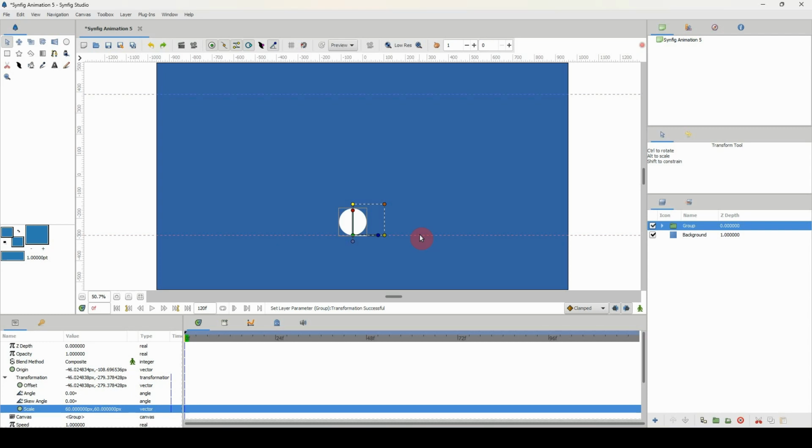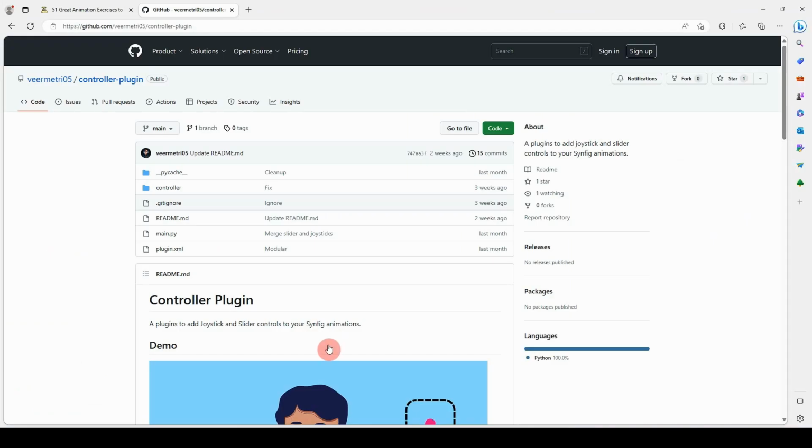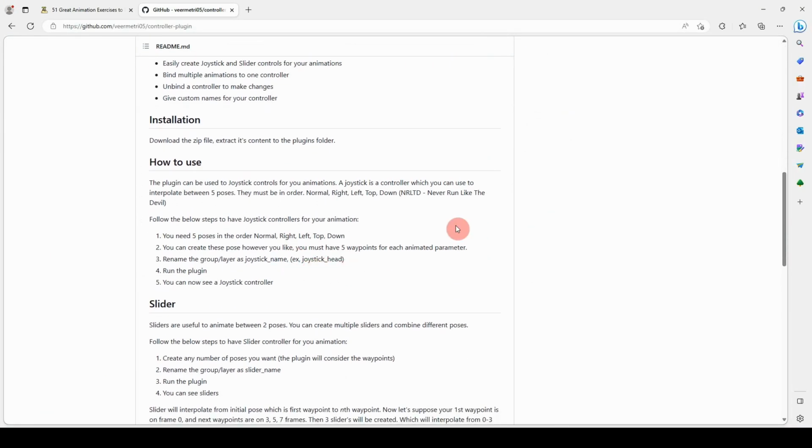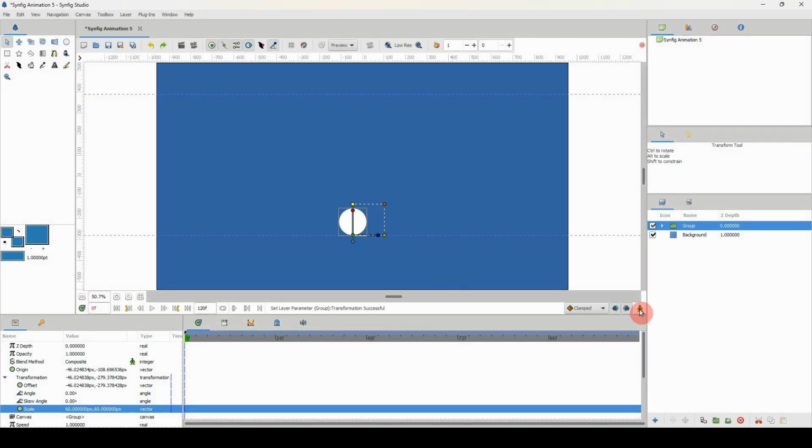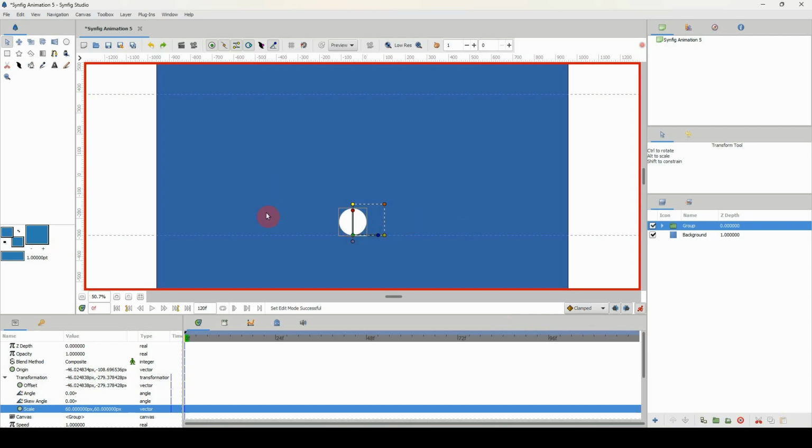The main controller that I'll be using is the slider controller, and I'll demonstrate how we can use that. And remember to read the instructions on the GitHub page here so that you too can learn how to use it and not just watch me use it. Okay, so I'm going to turn on Animate here, and to use the plugin,